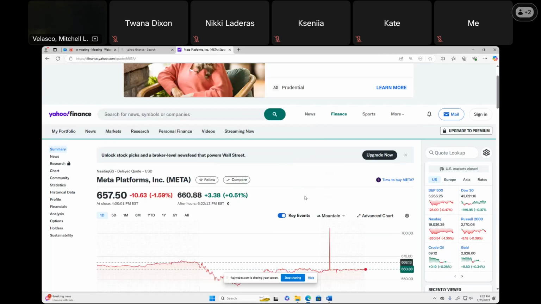Because as long as nothing has fundamentally changed about why you wanted to buy the stock, like for me, I'm going to like Meta going forward. I'm going to like Netflix going forward. And as long as I still like them, if the price is down like they are this month, then I get to buy bigger pieces when the share price is cheap. If the price happens to go up when I buy it at the exact same time of the month, that's okay. That means I buy fewer shares when they're more expensive. So you don't have to worry about timing.